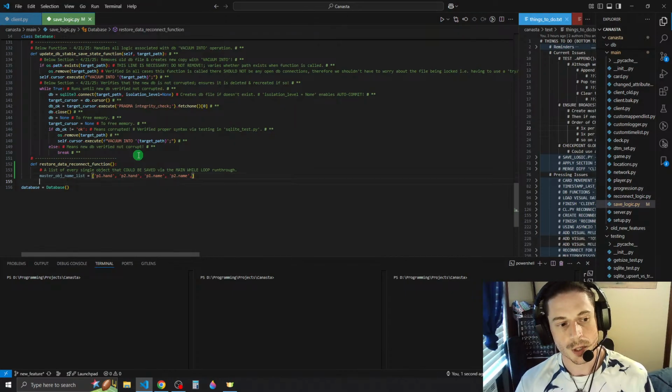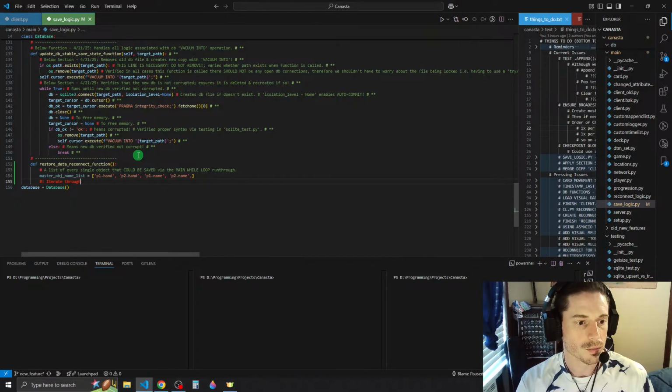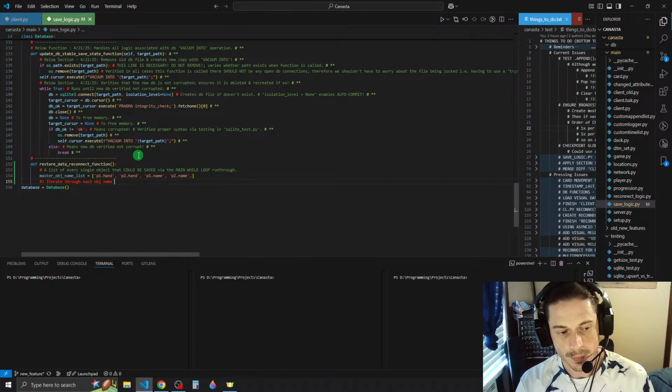And whenever we reconnect, we're going to call this function, and then we're going to iterate through each object name in the database.